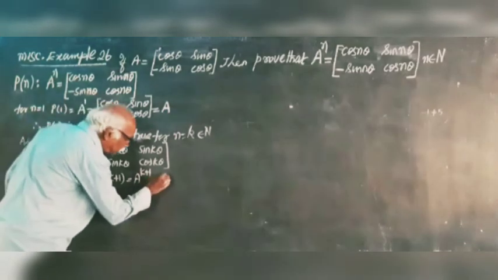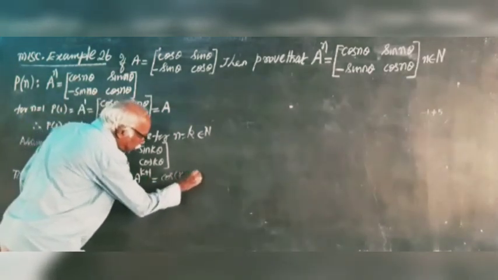To prove n is equal to k plus 1, P of k plus 1. P of k plus 1 is equal to A power k plus 1. In this, wherever you got n, substitute n is equal to k plus 1. Cos of